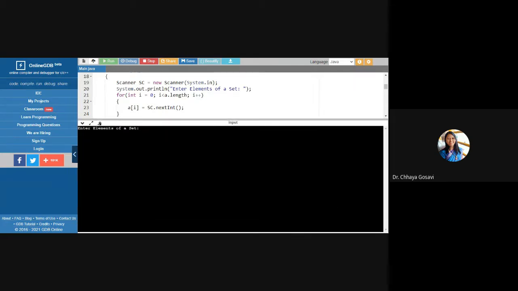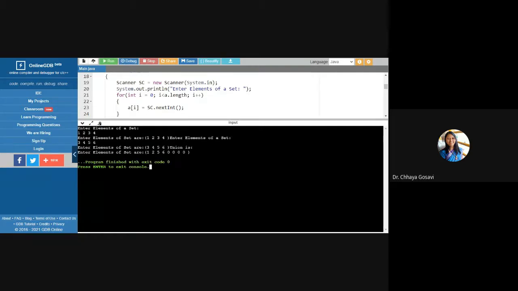For the elements of the set, I'll give 1, 2, 3, and 4. Enter elements of set 3, 4, 5, 6. Union is 1, 2, 3, 4. It has copied all those things and it has written 0, 0, 0. What we want here is the elements which are not common.